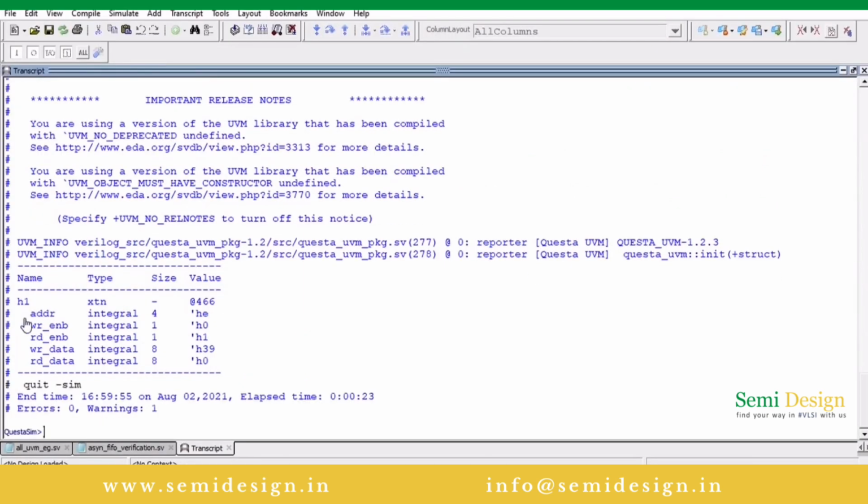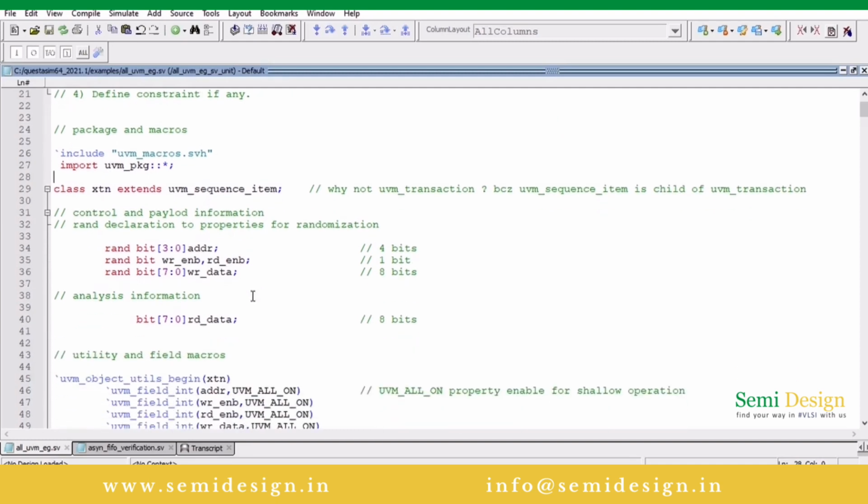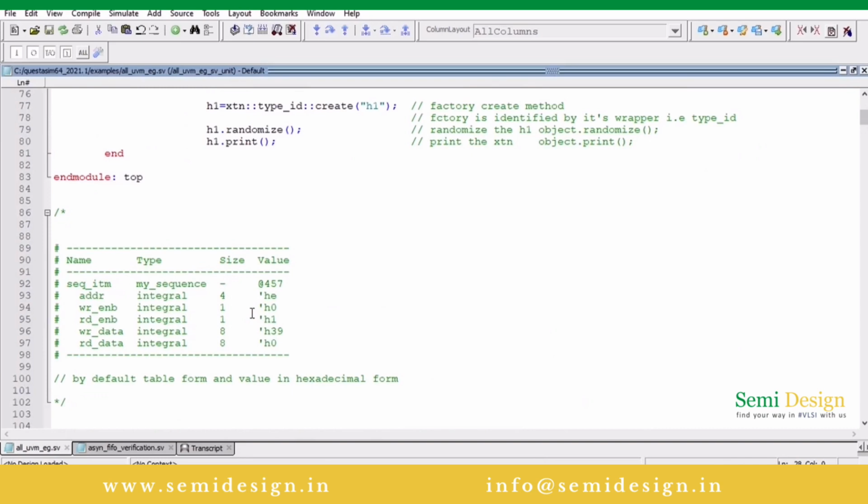Here the name is h1, the type is transition, and it gives the size of those properties also, and the value, which by default is printed in hexadecimal: 'h0, 'h1, 'h39 and 'h0. The beauty of this is that it gives the size we have declared, like 1 bit, 4 bit, 8 bit. By default it prints the information in table form and values in hexadecimal form.